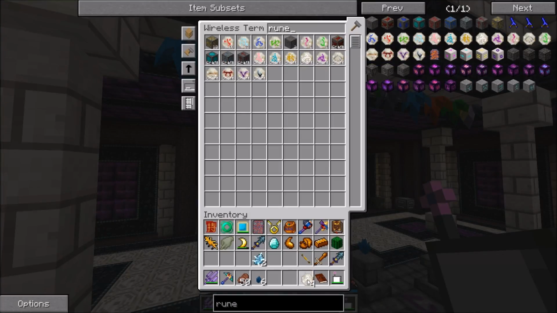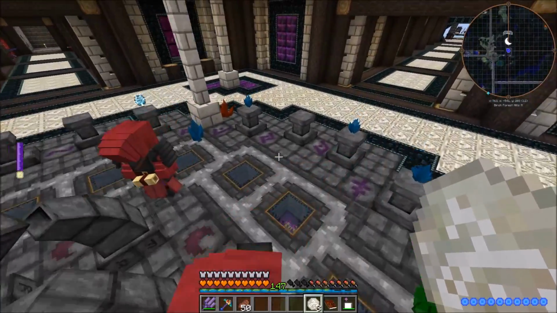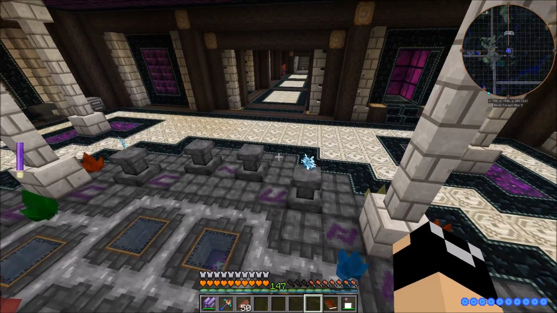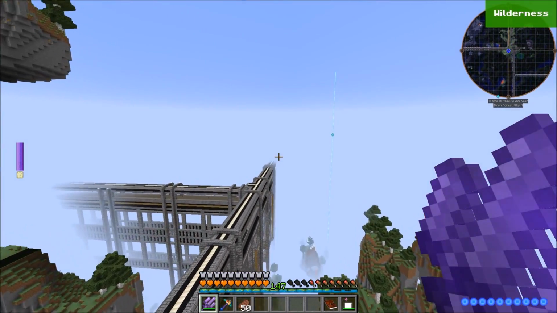Okay, our Runes of Winter are done. We'll go ahead and grab those and just lay these out. And so all we need now are the Ice Stones. So I'm probably just going to manually kill mobs for that and just run around and get...